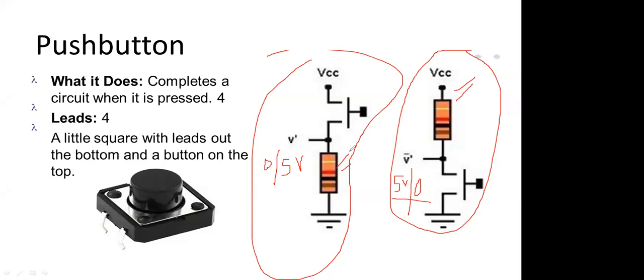So why are we using it? If we do not connect this resistance, what happens? If we connect this 5 volt directly to the Arduino, your Arduino board will get damaged. Your Arduino board will get damaged when you directly connect this with the Arduino pin. So whenever we use a push button, we always have to use either a pull up or pull down resistor.